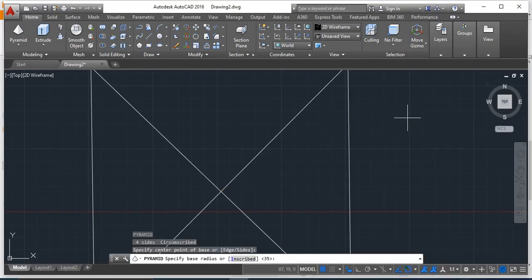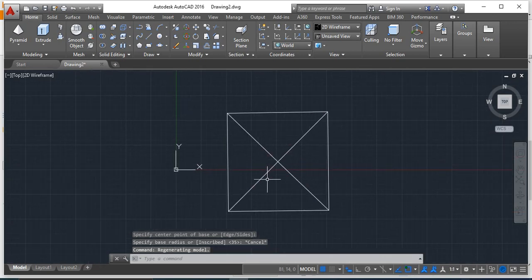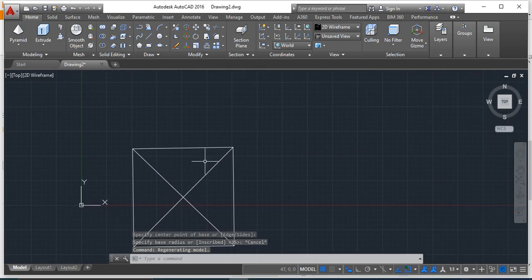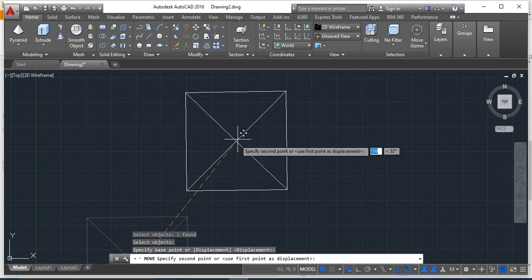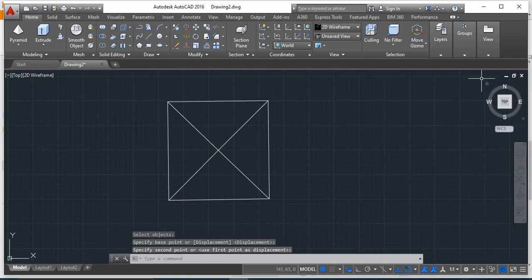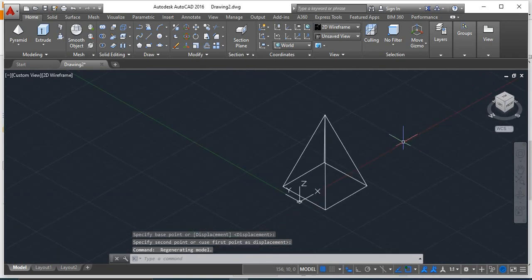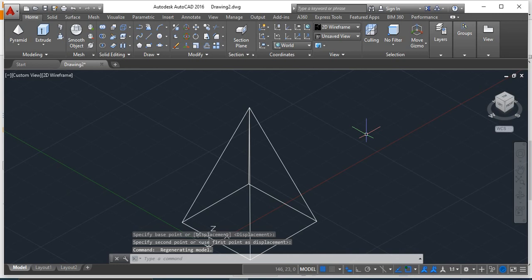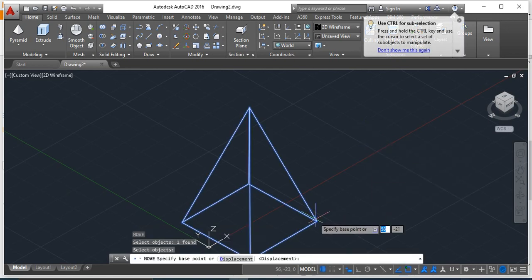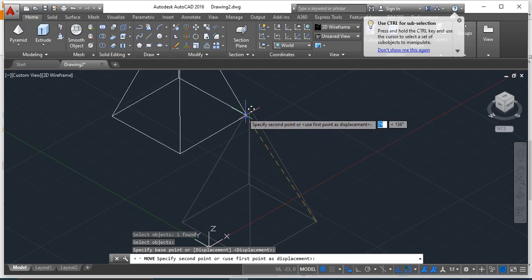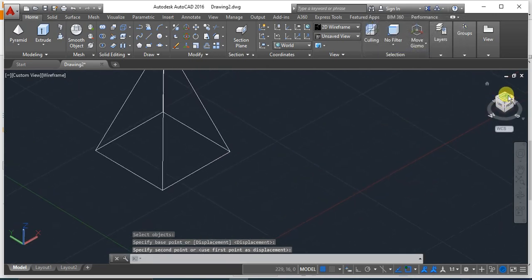Now we'll start by placing this at some good position because it is overlapping the x and y axis. So use the move command, select this object, enter, select any part of this figure and then move it to a particular position. Now this is the location of the pyramid. Just move it to some position in order to avoid confusion. This is located somewhere here, so the top view would be something like this.